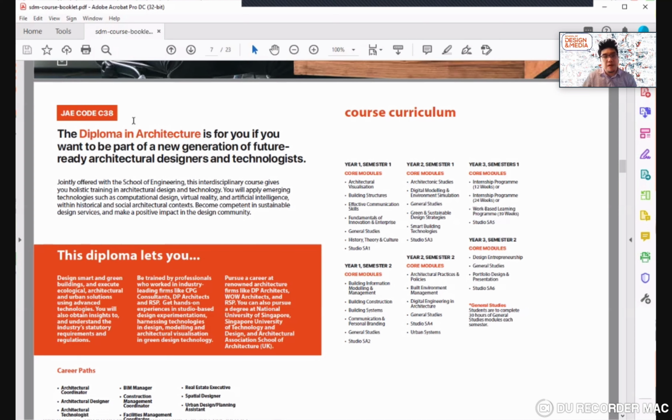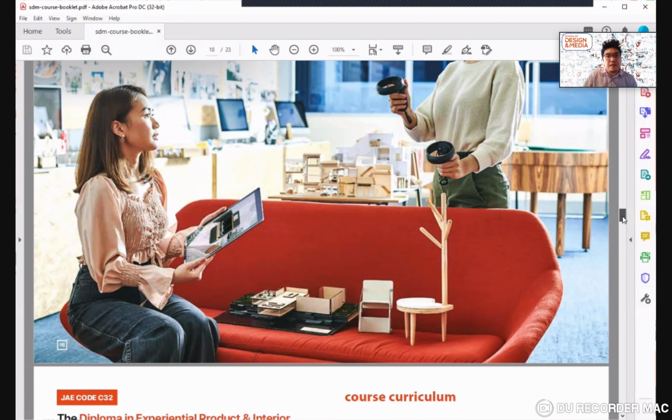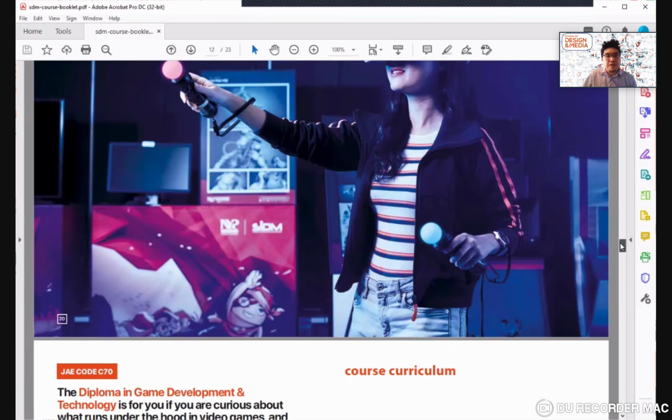Take, for example, architecture: you go to the course curriculum, you can see how the core modules are broken up, and there's internship, there's studio work, etc. If you go down to interaction design, experimental, product and interior design. For those who are into interior design, product design, these are the core things you need to be doing. So you go, oh, okay, I'm going to learn 3D in year 2, 2D in year 1. All these things you need to know, because it gives you confidence that when you join a bigger program, you're going to learn something. And then, of course, if you go down to interaction design,